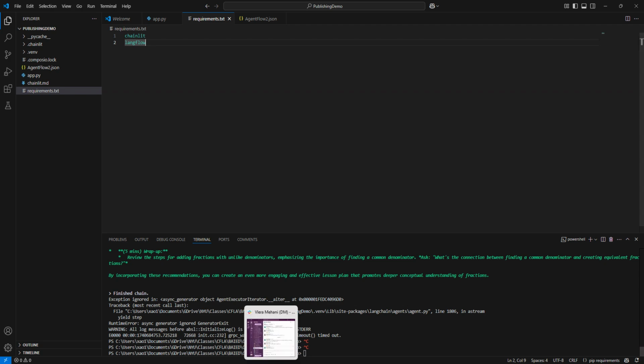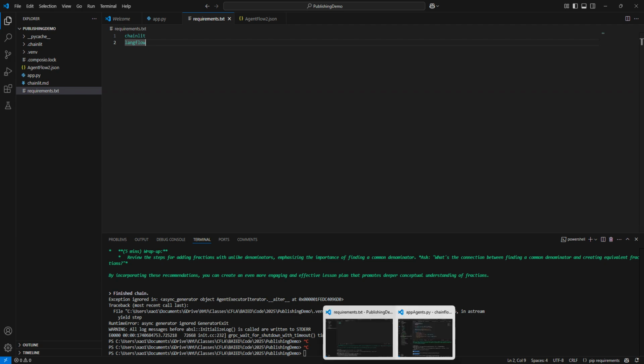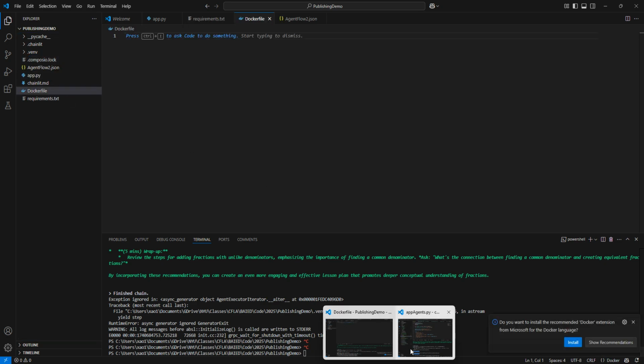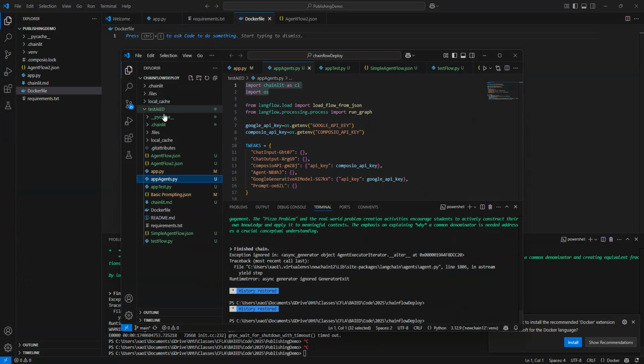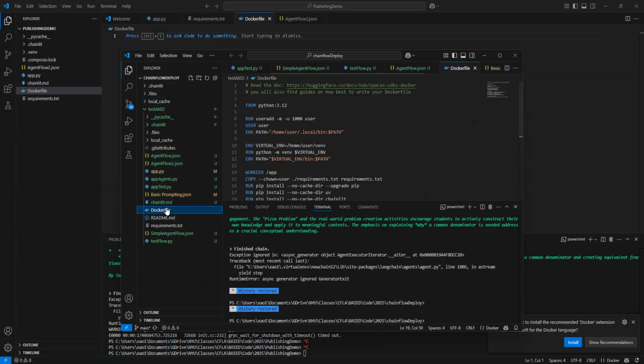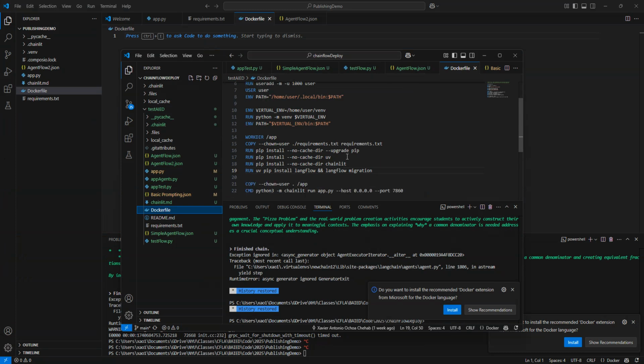We need to upload another file that is a Dockerfile that tells the server how it should run. I will not explain exactly how to create this file. I will just copy from somewhere else. Just create a file called Dockerfile without extension. The first letter is uppercase, and you see that it recognizes it because it added a whale at the beginning. Dockerfile. And here I will copy the code, this code I developed to actually